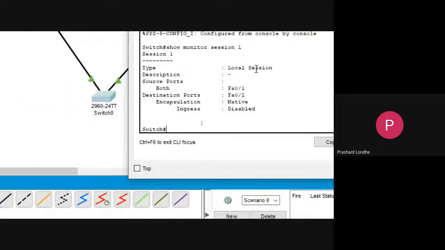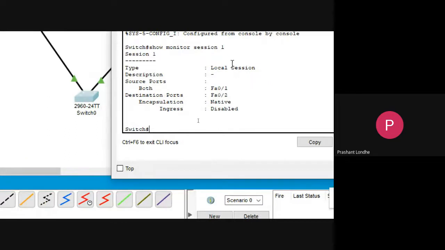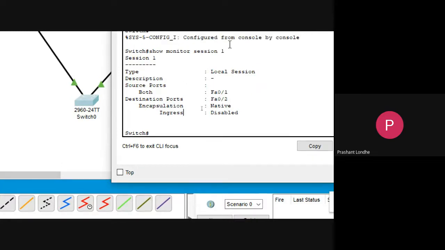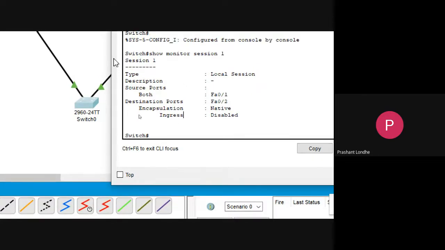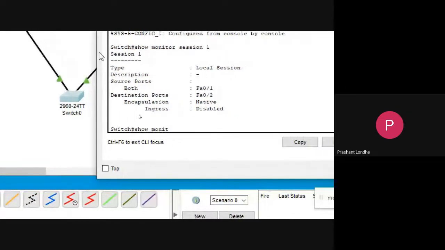So you can see here I have implemented the local session, the local SPAN, where the source port is F0/1 and the destination port is F0/2. I have not implemented any kind of encapsulation, and the ingress is disabled. So here you can see your monitor session, and you have successfully implemented this SPAN technology. Now you can go to show monitor detail.